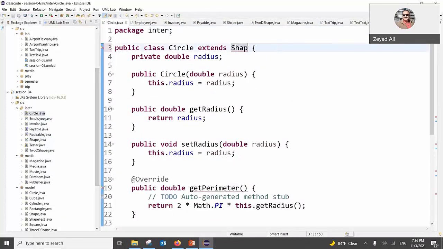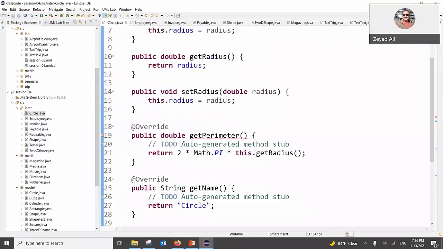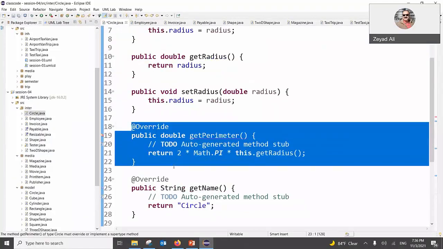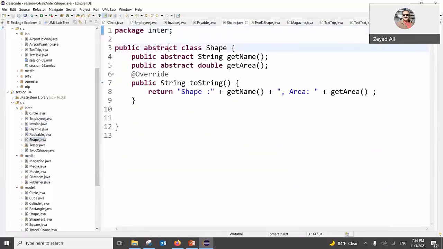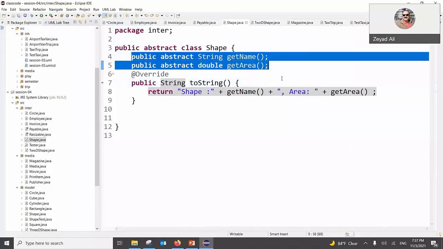I'm gonna make some changes to the code to save a few minutes. Tamam. Okay. Look at this code. You have a shape. I will show you shape. What is a shape? Is the class abstract? Yes. What do you have? Get name and what? Get area. That's it. And you have a toString. The toString is not abstract. If the toString is not abstract, then you have an option to either override it or use it directly. But you do not have an option with this one.